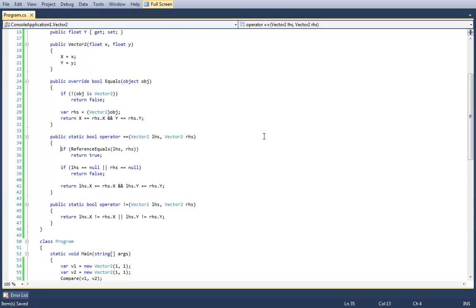It says that if the reference of LHS equals RHS, then it returns true, i.e. literally, are they the same thing in the same place in memory? Right. Because obviously if I did this, I'll get a stack overflow, because it'll be recursive.